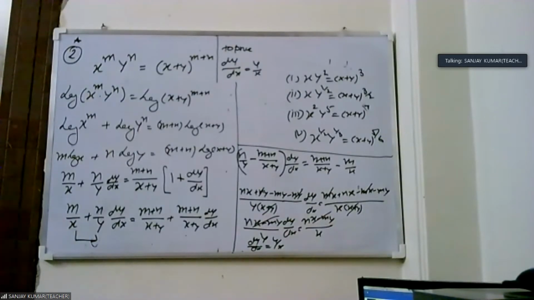Because what is 1 plus dy by dx? One student is asking how we get 1 plus dy by dx. That is log of x plus y. When you differentiate log of x plus y, that is 1 upon x plus y. Then we start the differentiation of x plus y. TA rule: term, then their angle. What is the term? The term is log. So when we differentiate log, that is 1 upon x plus y. Then the differentiation of its angle. The angle is x plus y. What is the derivative of x? It is 1. What is the derivative of y? That is dy by dx.